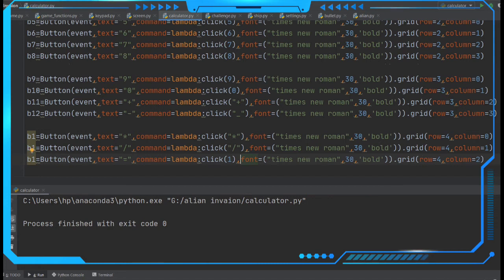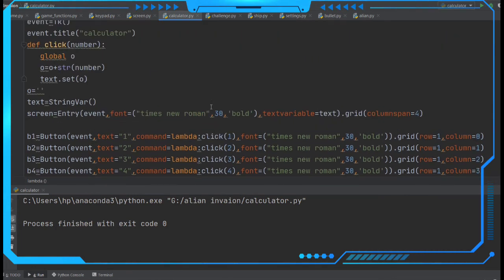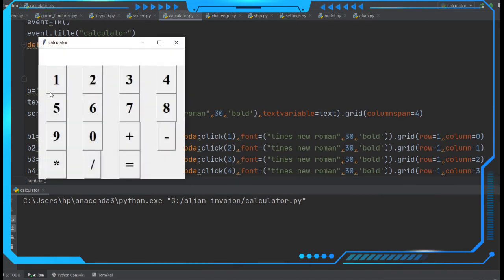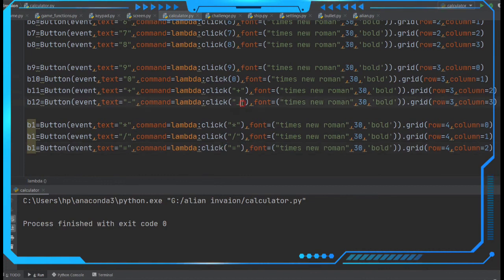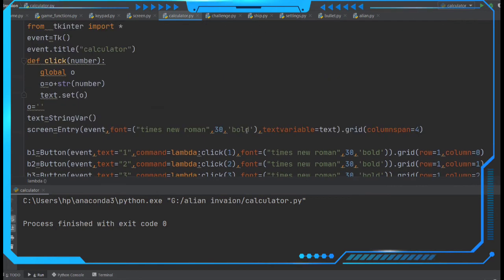And see here, we are having another function, let's give here equals to, and then let's perform the output operation here. Let's see what's going to be the output, like 1 2 3 4 5 equals to plus minus divide by. So these all symbols are showing here. So it's showing underscore here. Let's see here in the minus symbol, we gave an underscore, we have to give the minus there. So that's it.